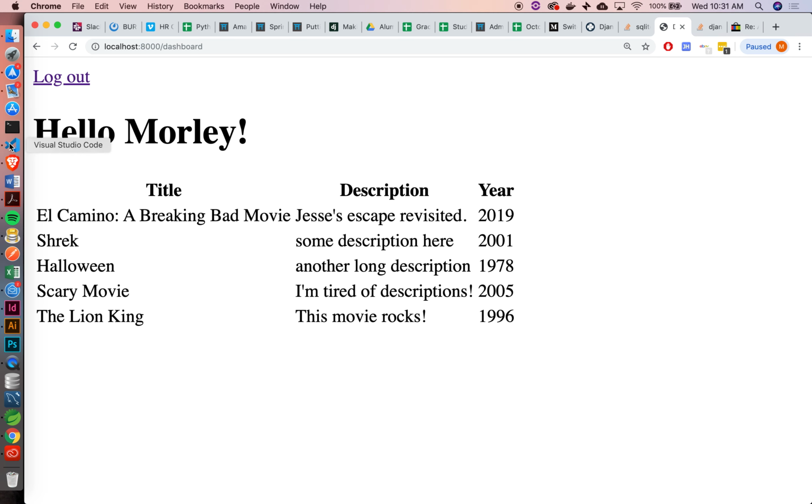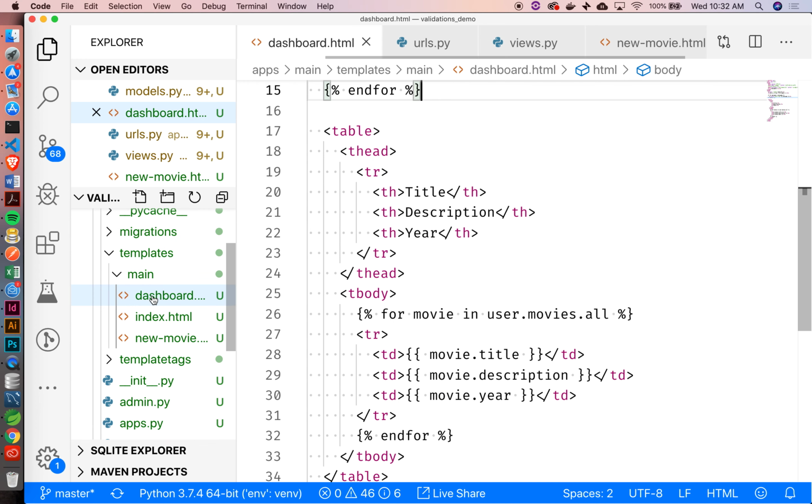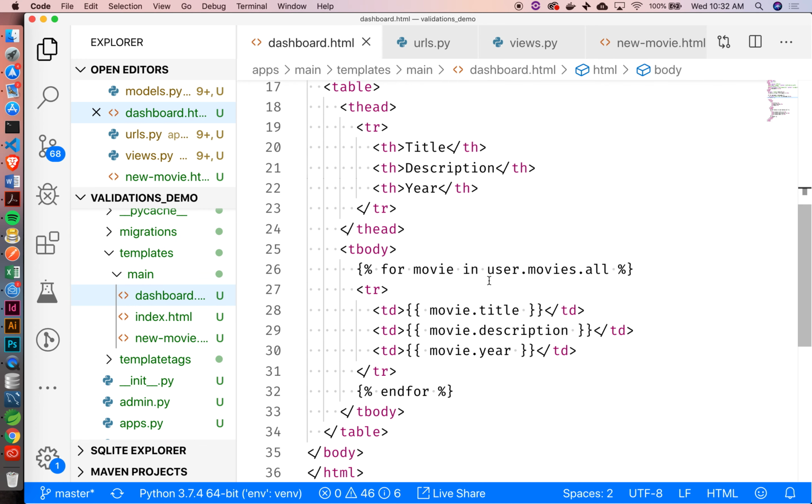Cool. Let's change our table a little bit. So instead of having the description in here, I'm going to create another column beyond this, which will just have some different actions that we can do. So we'll be able to click on it to go to the actual single movie page. We'll also be able to delete it directly, or we can go to the edit page. Yeah, I'm gonna tweak our dashboard template a little bit so that we have some different things that we can do for each movie. All right, so instead of description, I'll take this out,